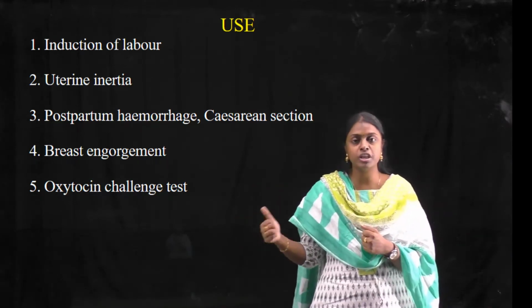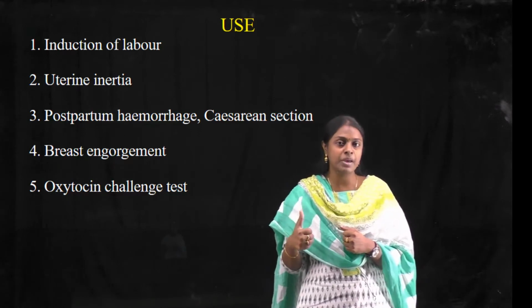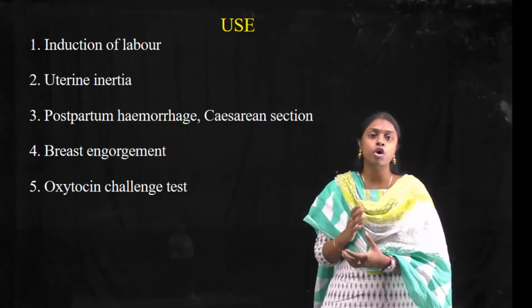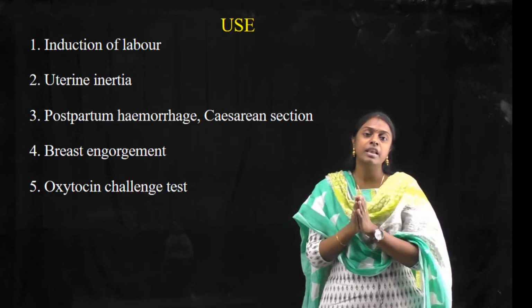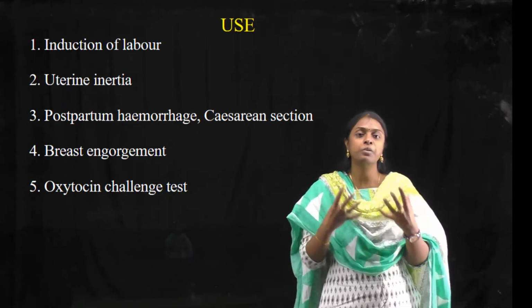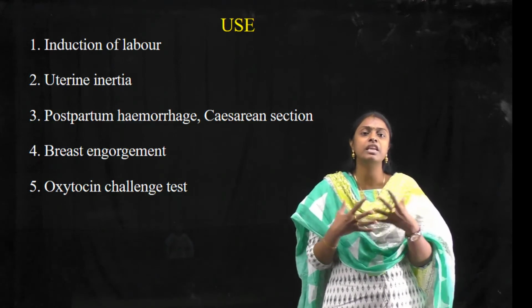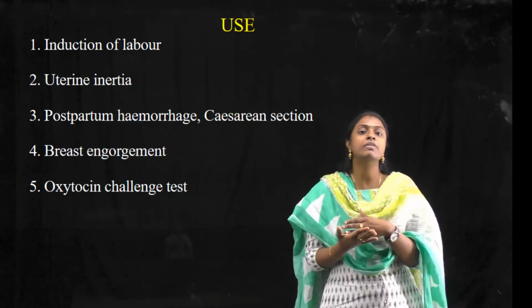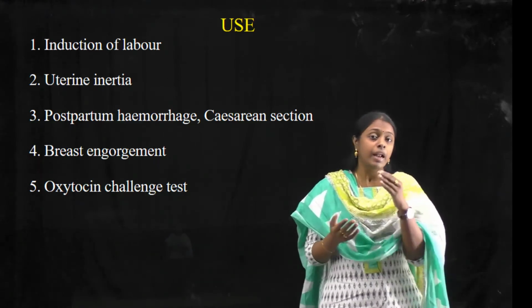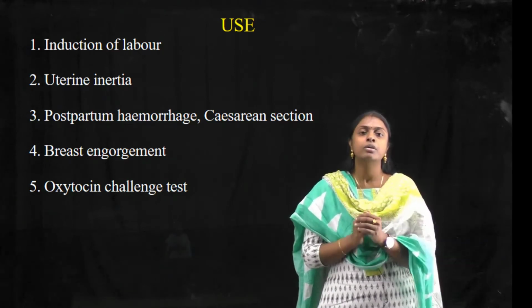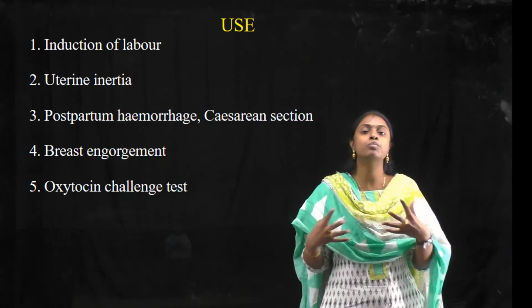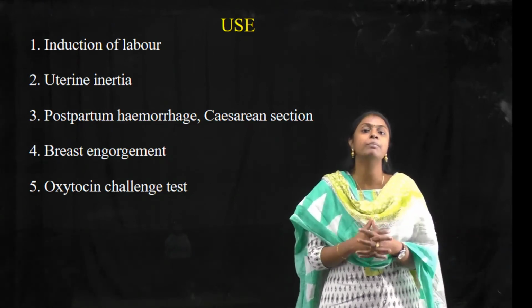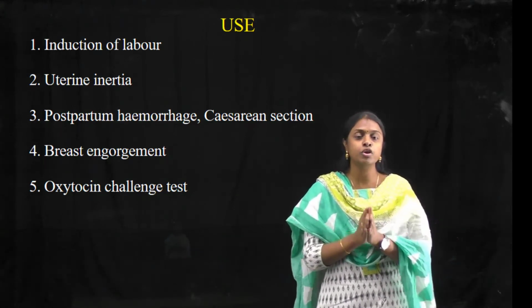In prematurity, the first one is toxemia of pregnancy. In this, in pregnancy, most of the women will experience high blood pressure. When there is more blood pressure day by day, what will happen? There will be damage of organs, and mostly this damage will be to the kidneys. So when the kidneys get damaged, there will be more excretion of protein from the body. So there will be more loss of proteins.